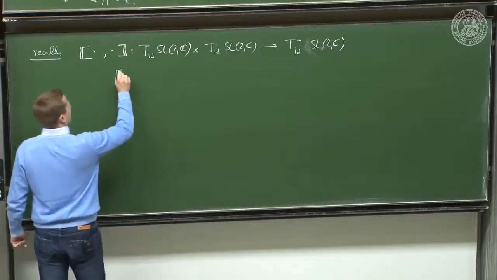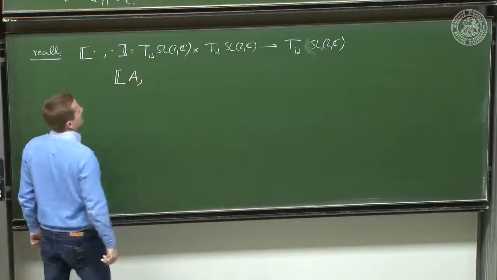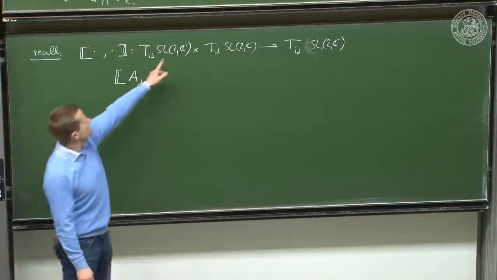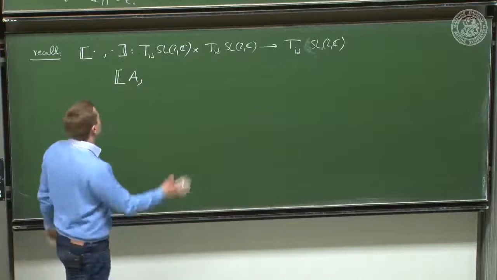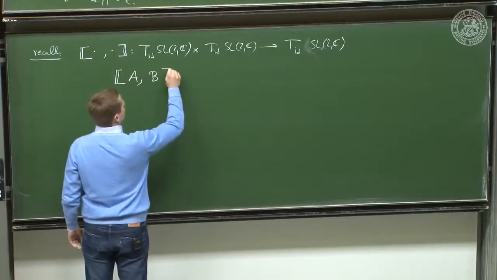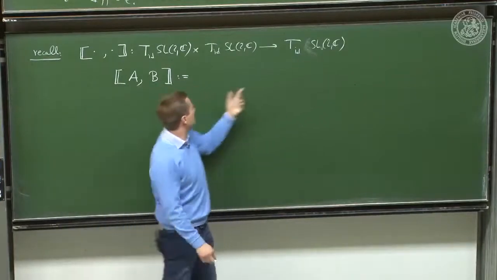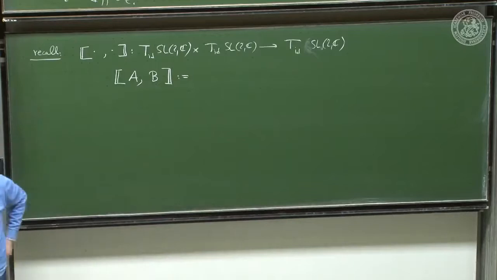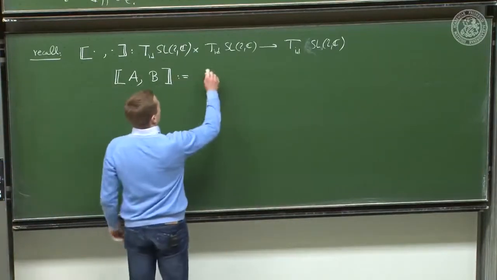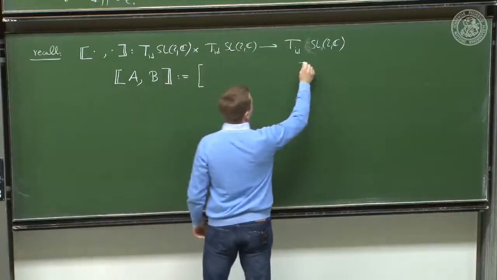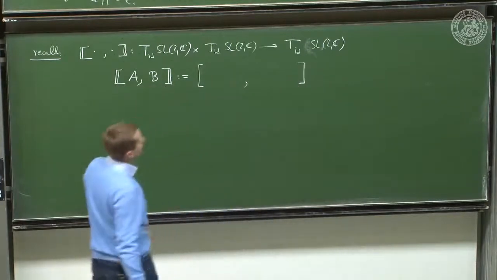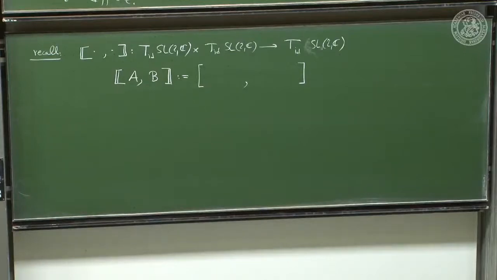How? Well, we take a vector, let's call it A. It's just a tangent vector to SL2C at the identity. And I take another such tangent vector. And now I need to say which tangent vector at that point this is supposed to be. And the idea was, well, I can use the differential geometric commutator that eats two vector fields. But so I need to construct from the white A vector at this point, so it's just the A in this tangent space, and the green B vector at this point,